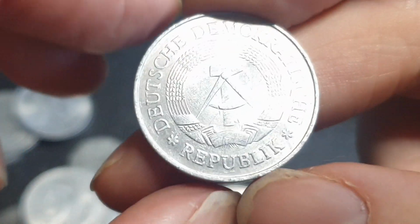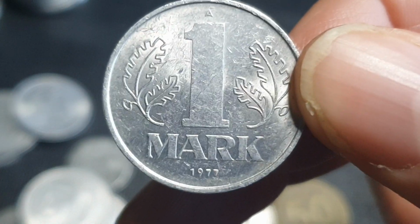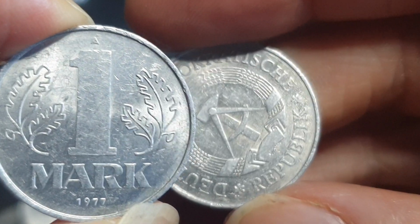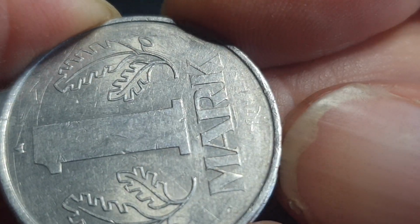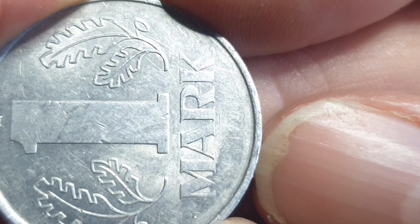Some people say they don't like aluminium. I don't mind it. It's light, but it's not really practical for circulation. 72, 119 million, so it should be quite common. And this one here is a mintage... Oh, can't see the date on this coin. 1970. Can't be 71. Let's see if we can find it. 78. Yeah, if it's 78, 18 million. I reckon it might be. But anyway,